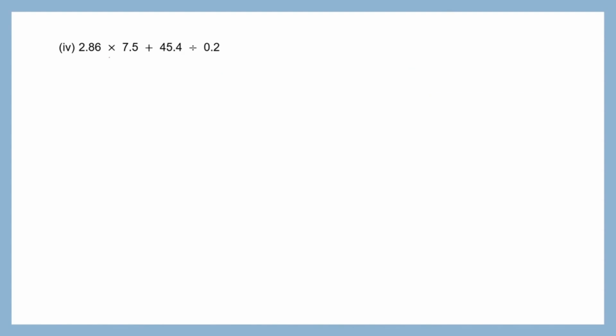Question 4. Again I have multiplication, addition and division. BODMAS, B-O-D-M-A-S. Go back to the question. Multiplication, addition, division. Which one should I do first? Division. So let me divide this. 45.4 divided by 0.2. Okay, now our divisor, which is 0.2, is a decimal number. Remember the rules again. When your divisor is a decimal number, you need to first change the question to the fraction form. So I'm going to change this to